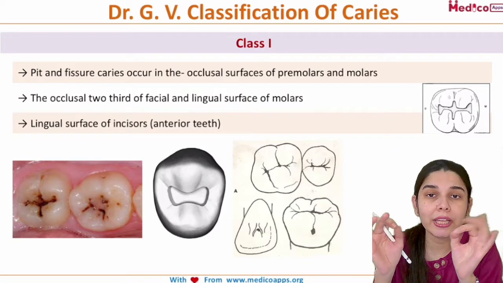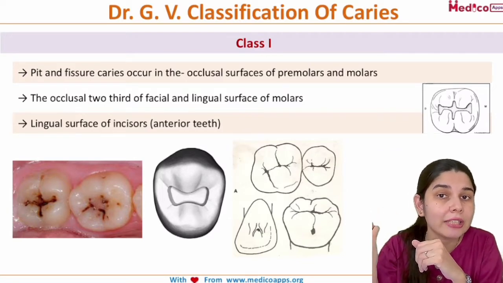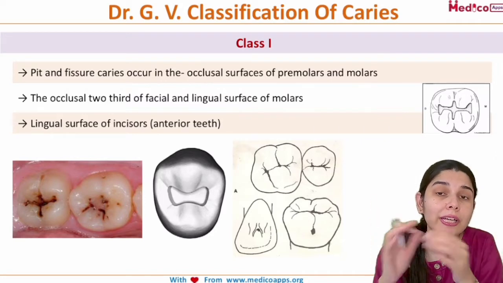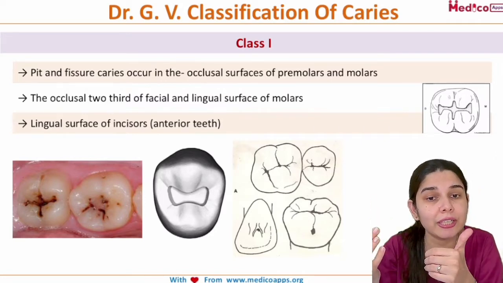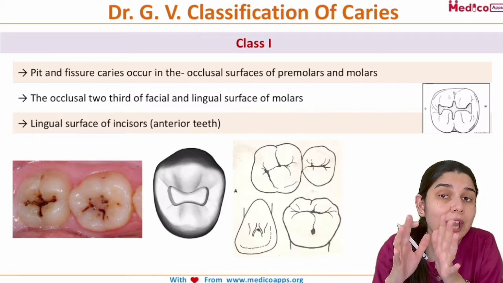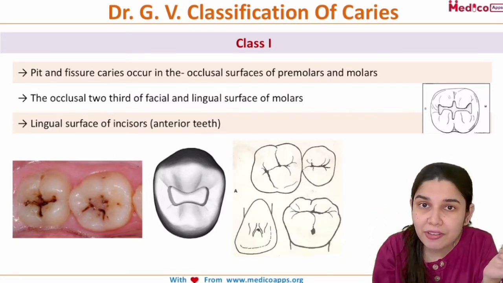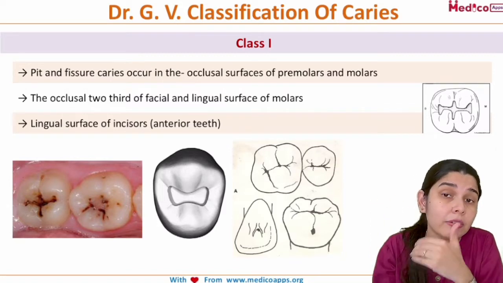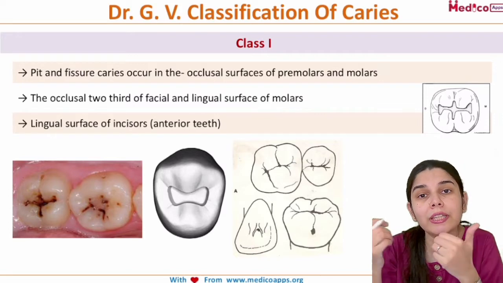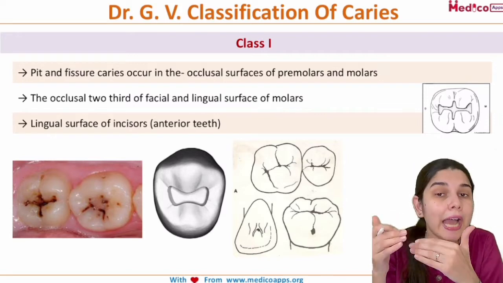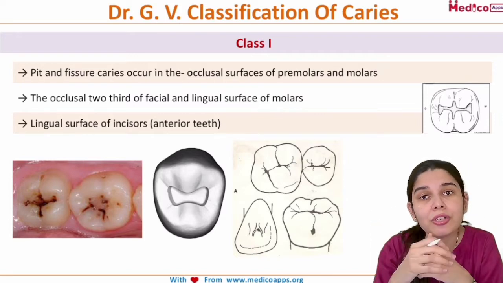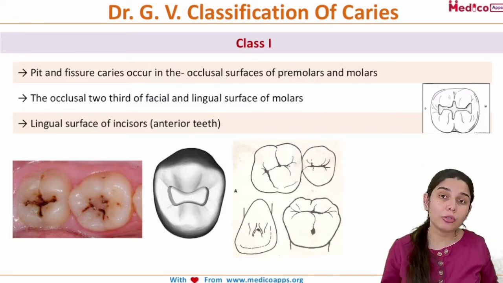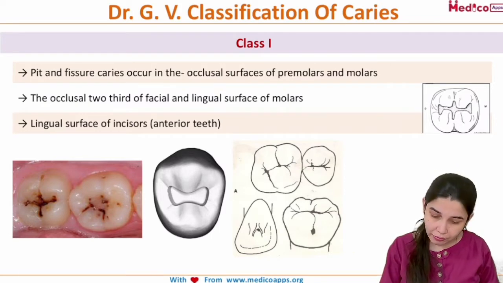You all know that our teeth have pits and fissures. Now if caries is present there, what will you call it? We will call it pit-and-fissure caries. Pit-and-fissure caries can occur in all the teeth. So specifically, if you divide this tooth structure for the molars, premolars, the anterior teeth and the posterior teeth, he has actually mentioned all these 3 conditions. The first condition is for the occlusal surface